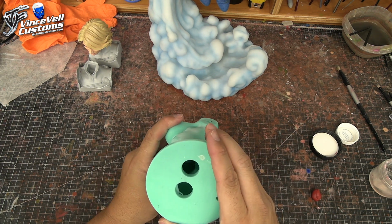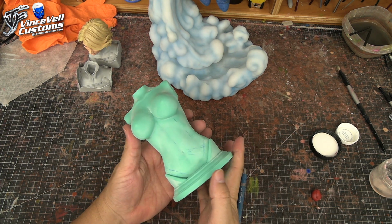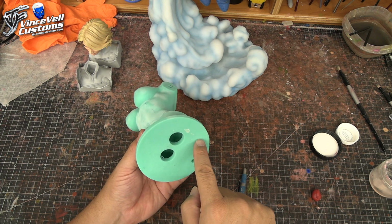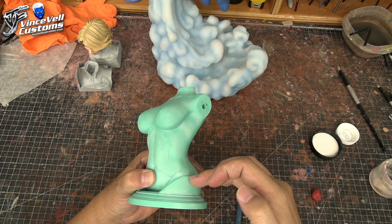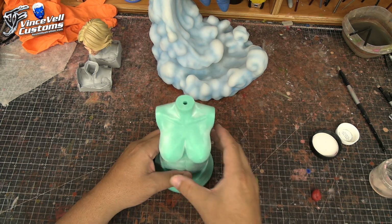Now, one of the other things, too, is it is hollow. Now, if I was to cast up this whole item, it's going to be a lot of resin. So what I might do is I'm debating if I should kind of cut around in the inside and sort of bring this little hollow part up there a little bit more. So when I cast it, at least this area in here is a little bit hollow,